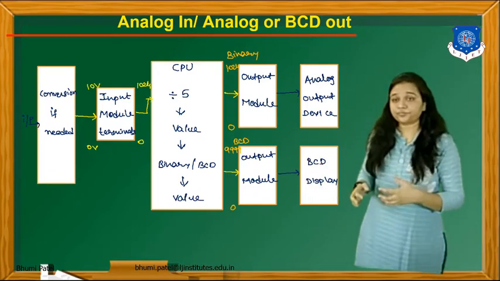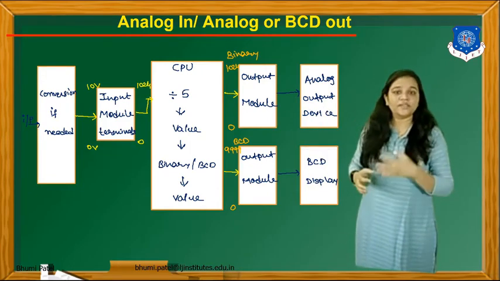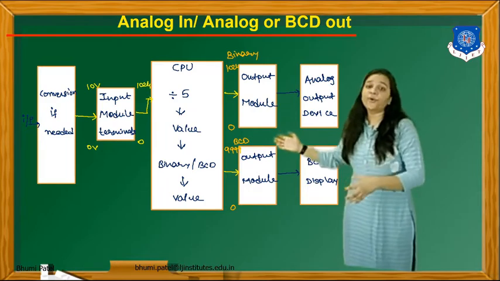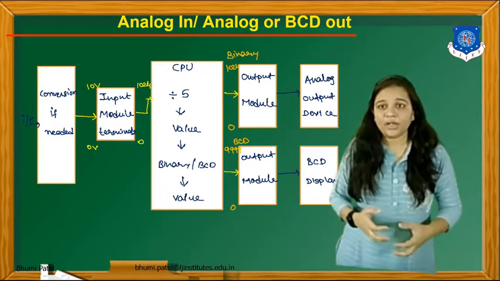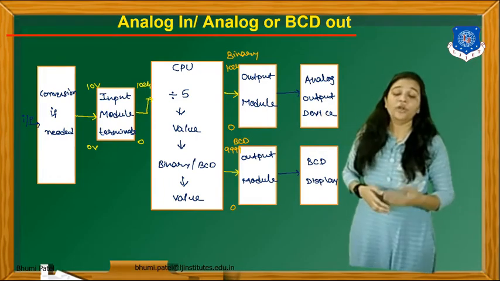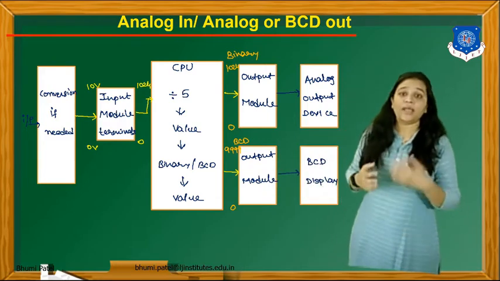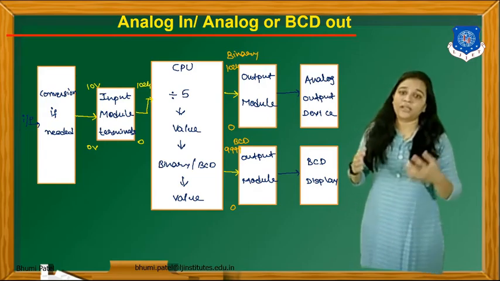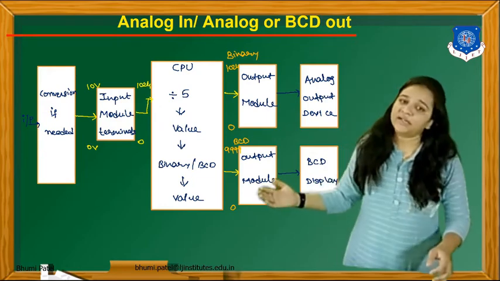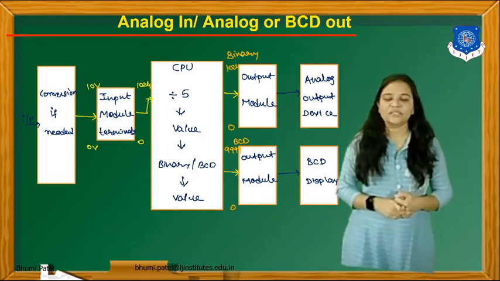So first of all, we have to apply the input. If conversion is needed, we have to convert this input. Then this input is applied to the input module terminal. The output of the input module is the binary number. This binary number is given to the CPU. Then we have to process in the CPU using the PLC software. Again, the output of the CPU will be a binary number, and if we require another format, then we have to convert this binary number accordingly. Here the BCD display is given, so we have to convert this binary number into the BCD number.